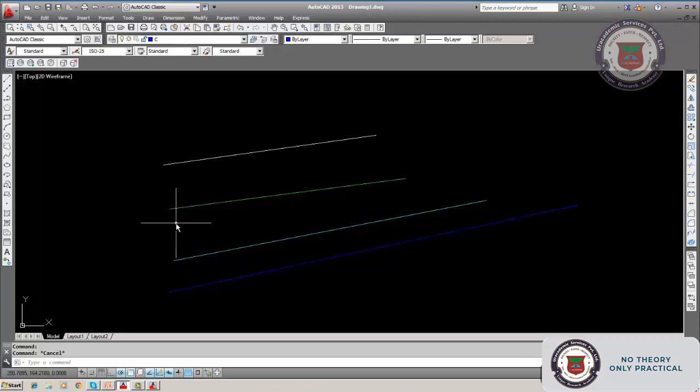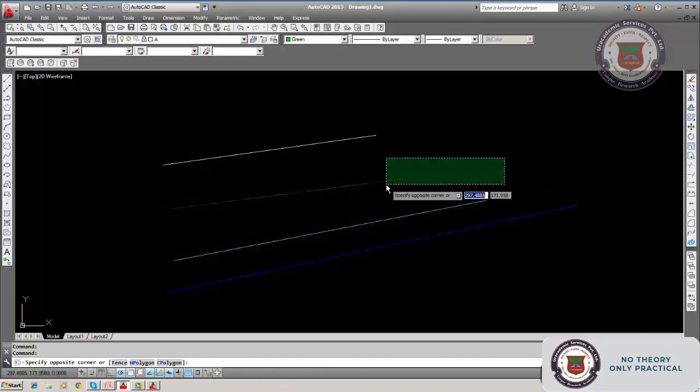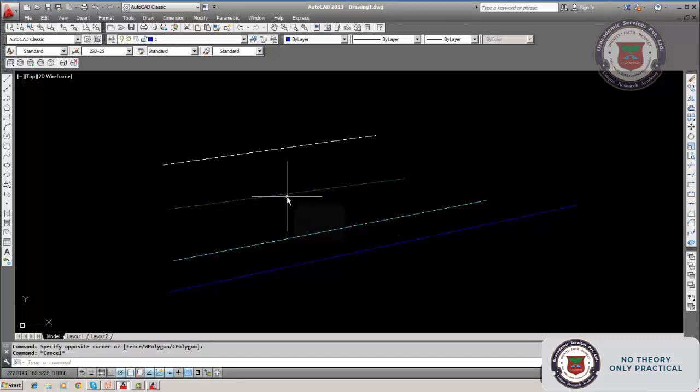Let it be as it is, and hiding a layer is also switching off. Locking means locking the layer, you can't do anything. Suppose I lock the layer A, so this layer is locked. It means with this layer I can't do anything. Its length cannot be changed. It cannot be altered.